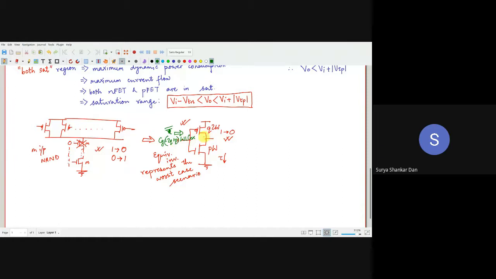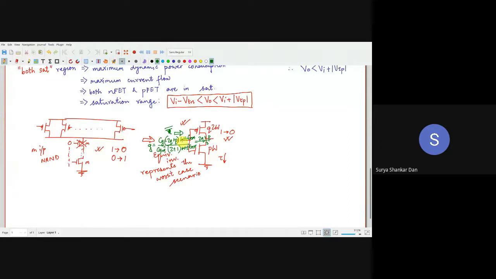Now, what is the condition for a perfect static CMOS inverter? Simply (2 plus 1) W L Cox. Correct. So we will cancel this. So what will we get here? (2Q plus P) divided by 3. This is for the static inverter. This is your logical effort G. We will look into logical effort in much more detail later on.